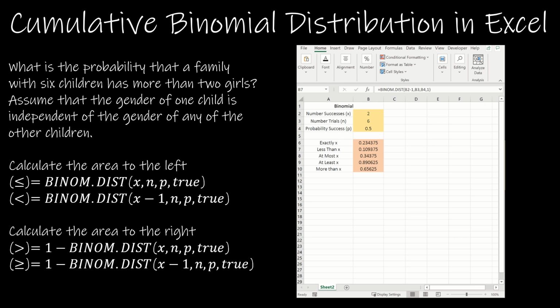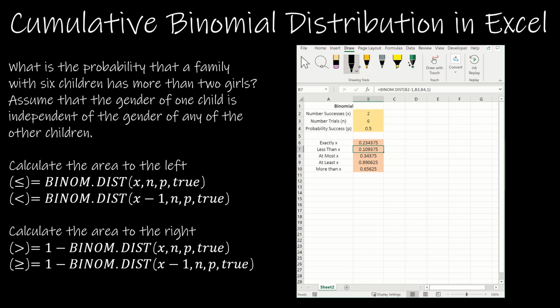Here's another question for us to try, and as you can see, I've already filled in the 2 for more than 2 girls, the 6 for the fact that the family has 6 children, and 0.5 for the fact that it's 50-50 whether you'll have a boy or a girl. So I have a lot of students who do this, and then they come up with these 5 solutions, but they can't tell me what they mean. So let's talk about what they mean and which one of these is the correct solution. So if you'll recall,